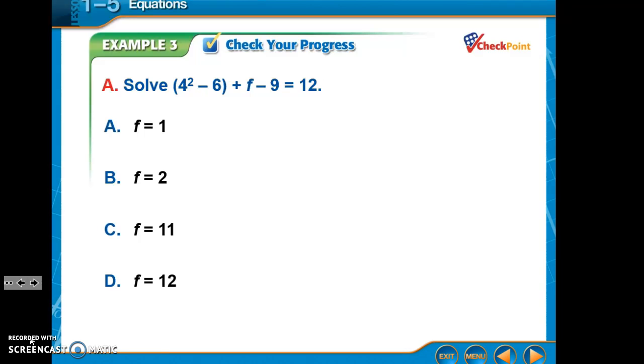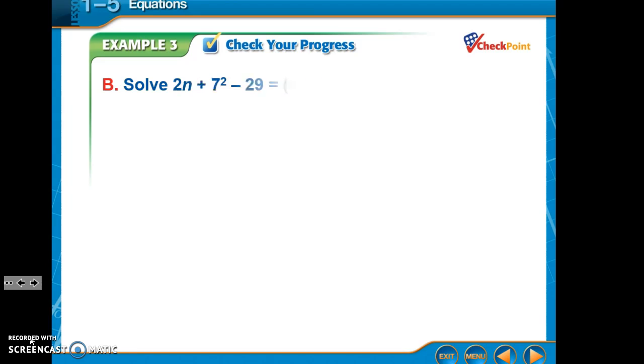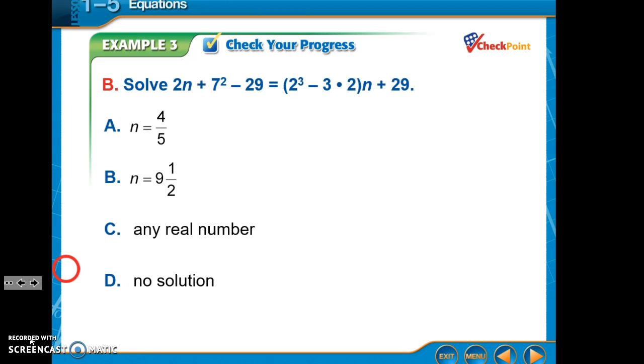All right. Do we want to check our progress? All right, so it's going to be important for when you're doing these that you keep your variables, your letters and your numbers, separate. So we all got 11, so that's good. All right, let's do